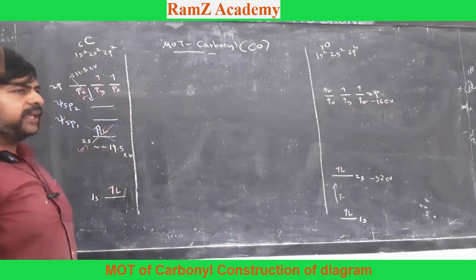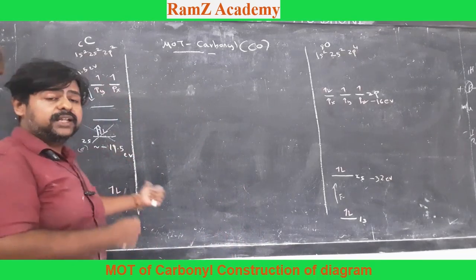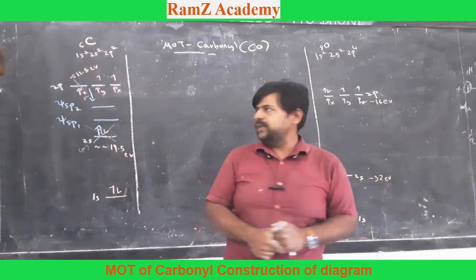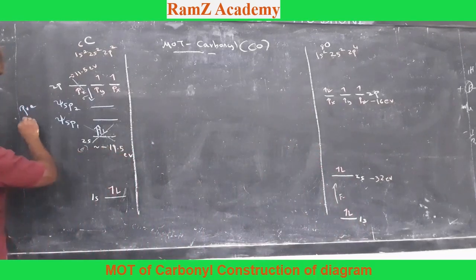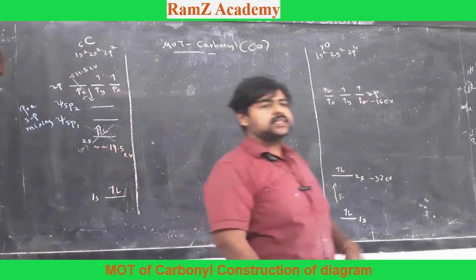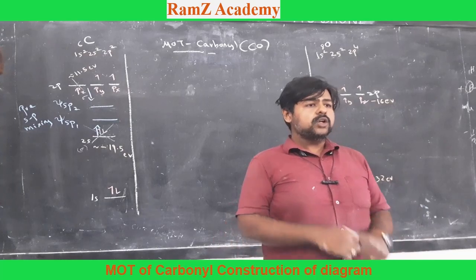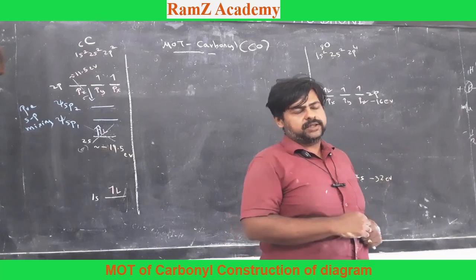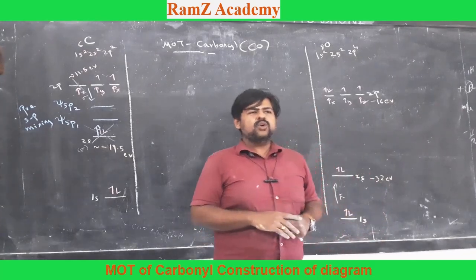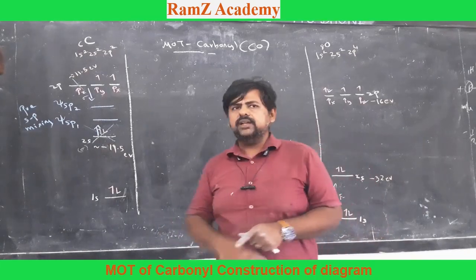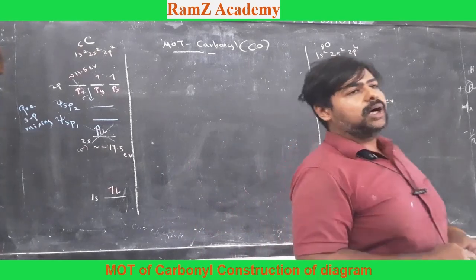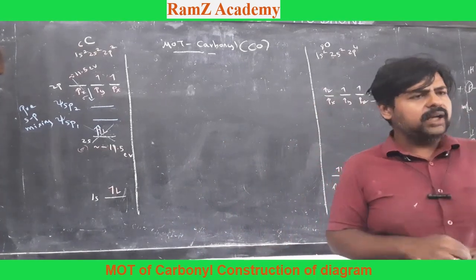So now I am going to make the molecular orbitals. There is also one more phenomenon I would like to introduce here. Whatever we have done here is called pre-sp mixing. That means I am trying to mix up the atomic orbitals even before I make the molecular orbitals. But there is also one more way. I can also create the molecular orbitals and then introduce this mixing. That is called post-sp mixing. In some literature books you will see pre-sp mixing drawn for a molecule. For the same molecule you will see in some standard reference books a post-sp mixing done. Both of them are right, there is nothing wrong.